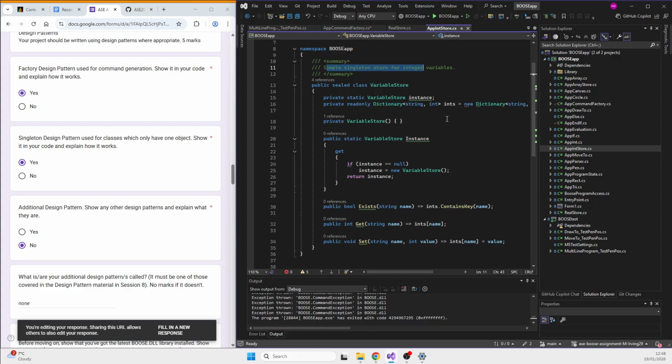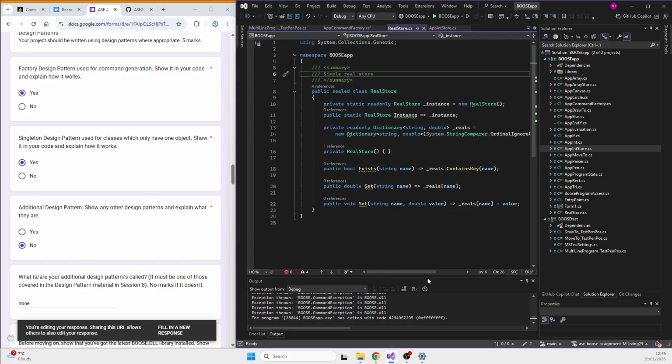Just the singleton store, so the instance dictionary and the base, and it just creates a new instance and returns the instance. Yeah, this probably isn't finished or polished. This is the same pretty much,